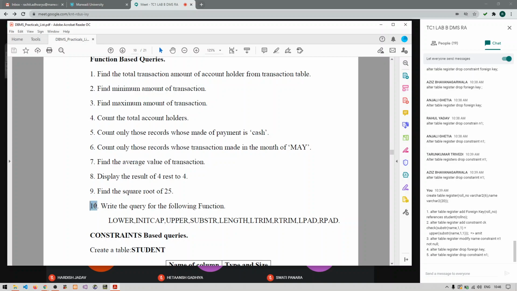And for the 10th, you need to refer to the PPT and get all the queries executed in your Apex and then mention them in your Word file. That's it. Now is that clear guys, everyone, what you need to do? Complete the entire practical 3. That is what you have to do. Clear everyone now? Yes or no?